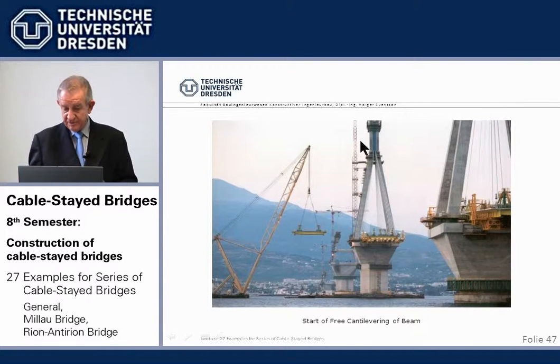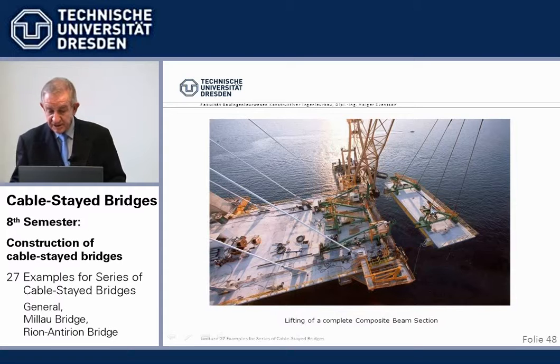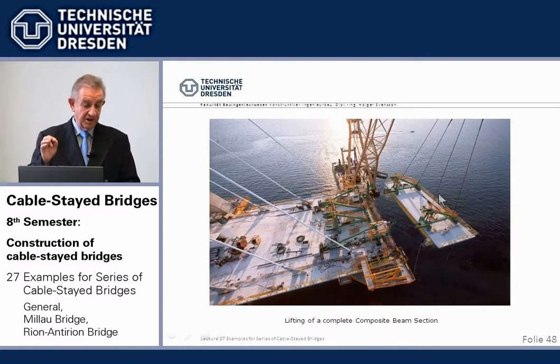And then once all this is in place, we start free cantilevering. In this case, it was done in parallel for all the towers. We do it by floating crane. We have here one element arriving. We see it here a little bit better, and that is another special item: this is the only example I know where that has been done,